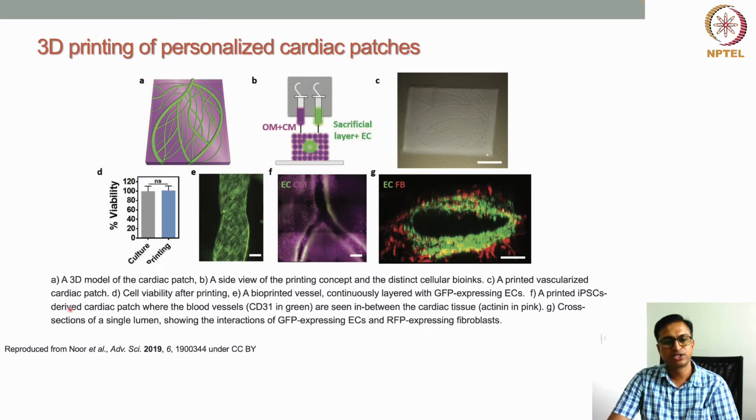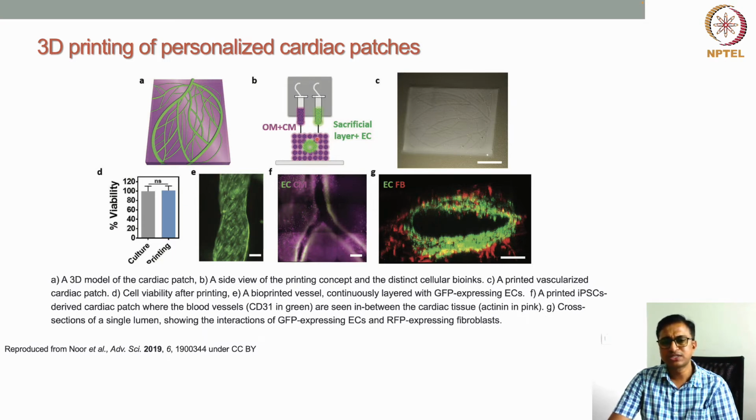Here A shows the 3D model of the cardiac patch, and B shows the side view of that printing concept and the distinct cellular bioinks. Two different bioinks are used, and a printed vascular cardiac patch can be seen here, where the vascular channels can be clearly seen. Those are mostly where the sacrificial material is taken out. Then you can clearly see this. The cell viability is very good after printing. So in this case